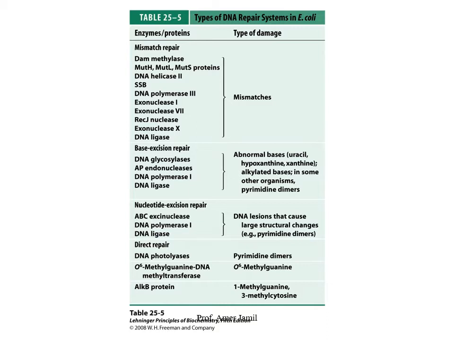But nature has not left us in front of such types of DNA damage or mutations. Otherwise, life would not have been possible on this planet. So there are at least 4 different systems that exist in E. coli cells,